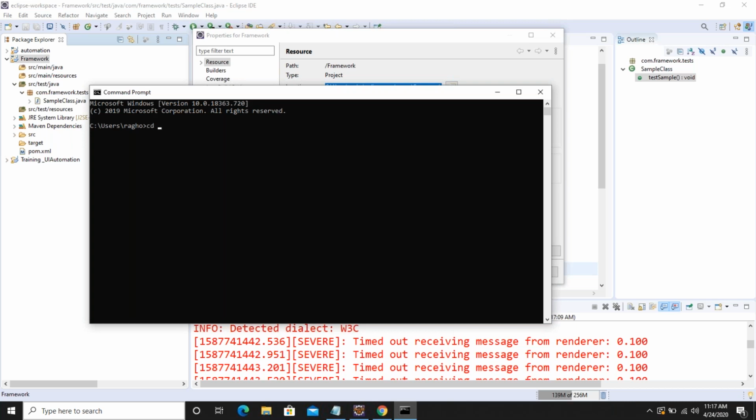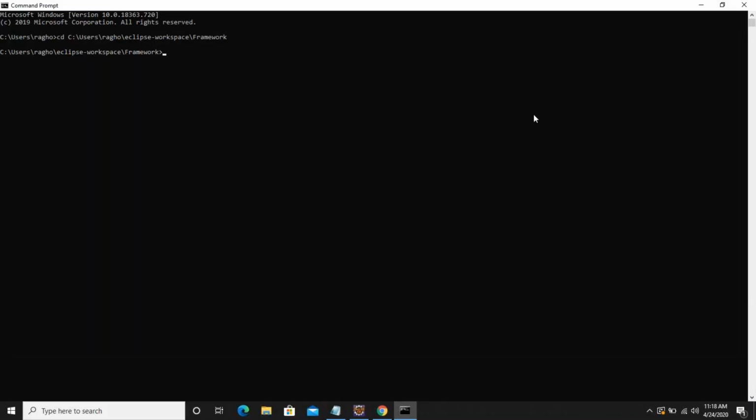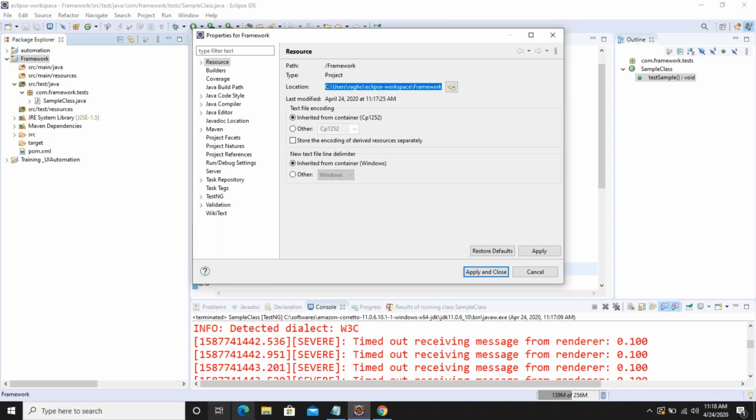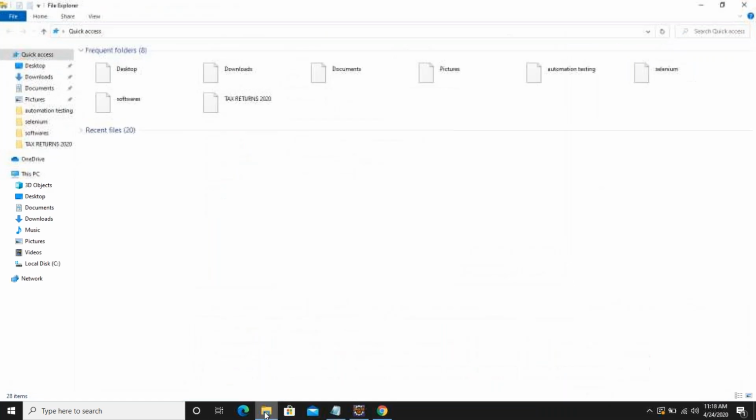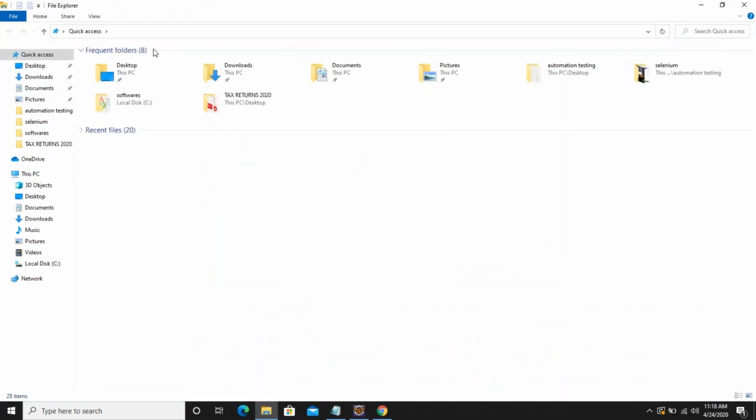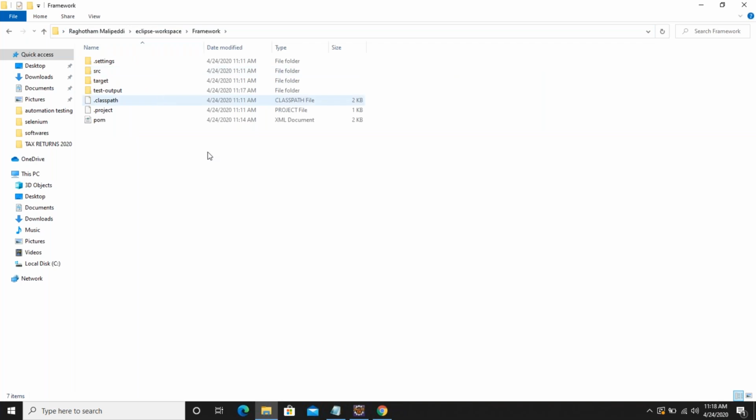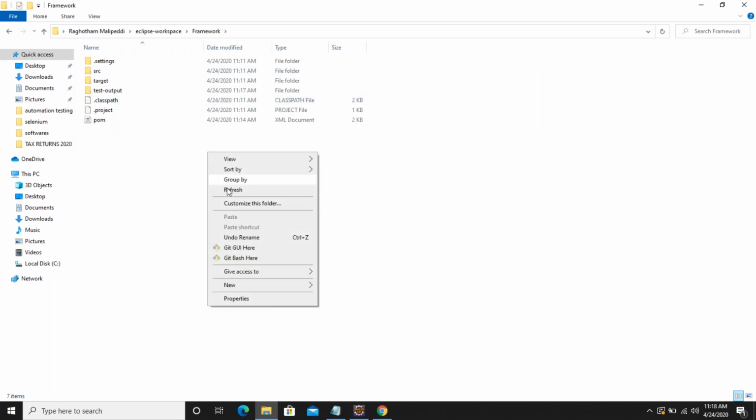You can use graphical user interface tools, but I believe this command line interface works better than graphical user interface tools. You can do like this, or else you can open git bash also. So by going to that particular location and right clicking, you can use git bash here.